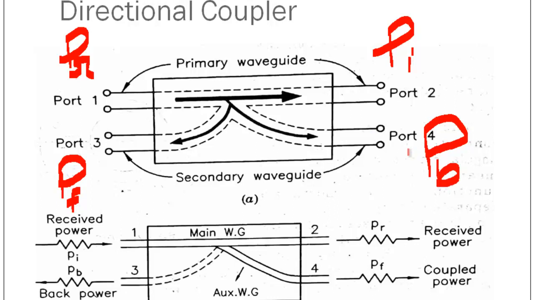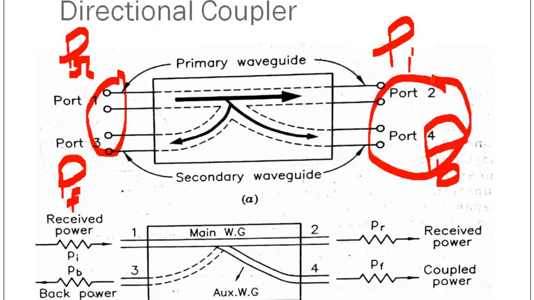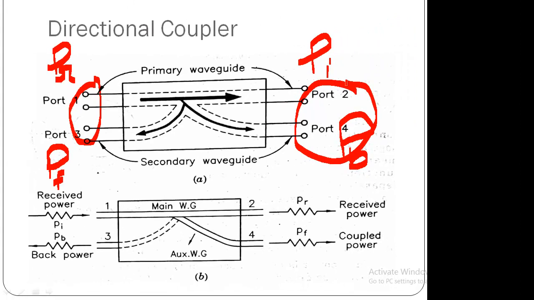right? So as we have discussed earlier, the back power is ideally zero and practically a very small value. So we can say again port number 2 and port number 4 are isolated ports. That means when any signal appears at port number 2, then no signal will come out at port number 4. That means both ports are isolated ports. Similarly, we can say these particular ports 1 and 3 and this particular port 2 and 4 both are known as isolated ports. Clear?